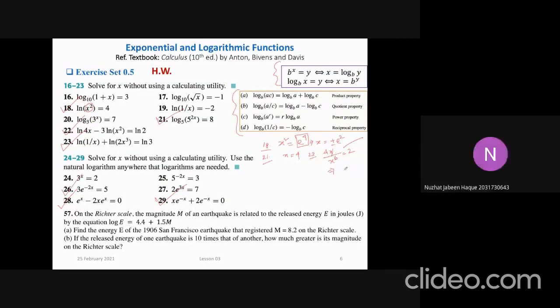4x divided by x to the power 6 equals to 2. So 2x to the power 6 equals to 4x. আমরা x টাকে 0 করা যাবে না, right? So x এখানে যদি আউট করে দিই, x to the power 5 হয়ে যাচ্ছে। x আউট করতে পারবো যদি x is not equal to 0. x এখানে 0 কনসিডার করতে পারবো না, কারণ x 0 কনসিডার করলে ln 0 টা ইনফিনিটি হয়ে যাচ্ছে, তাহলে আমাদের ইকুয়েশনটা স্যাটিসফাই করবে না। দ্যাট মিন্স হিয়ার x ক্যান নেভার বি 0।